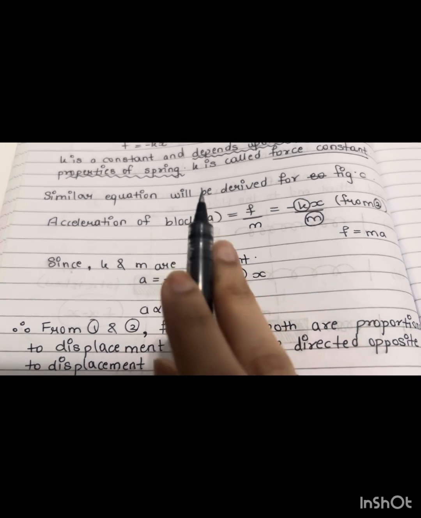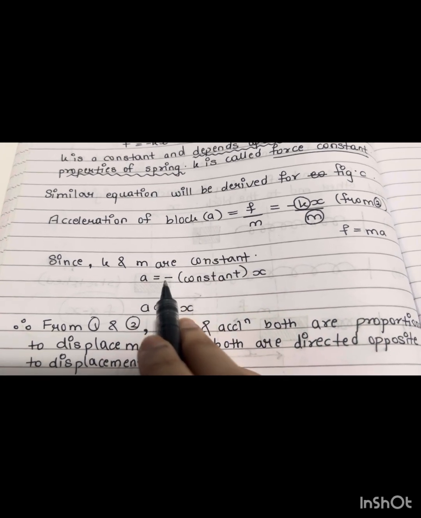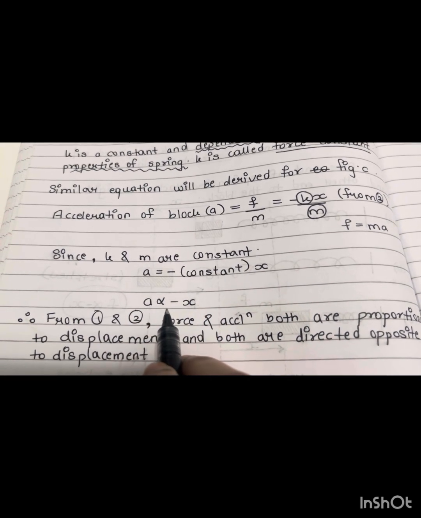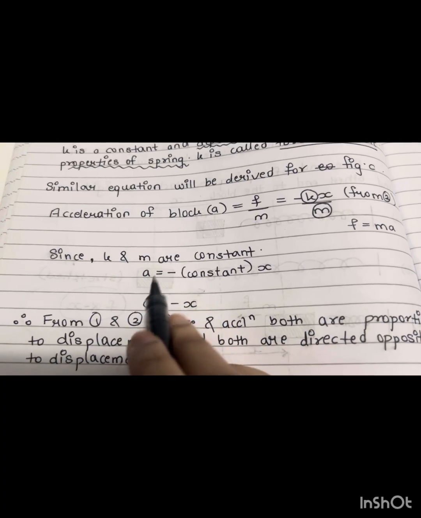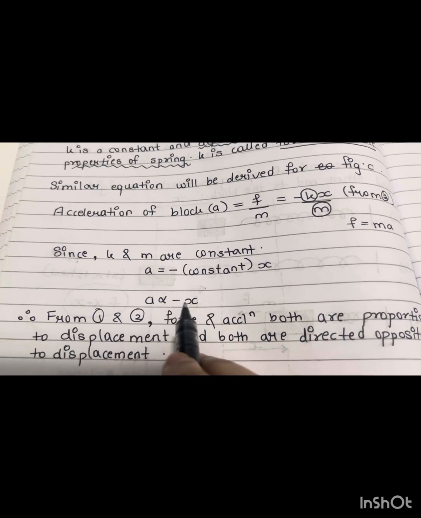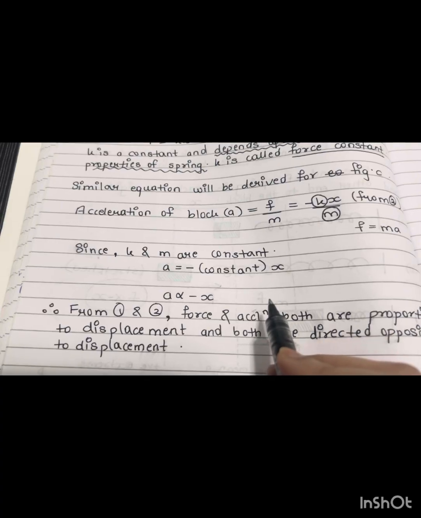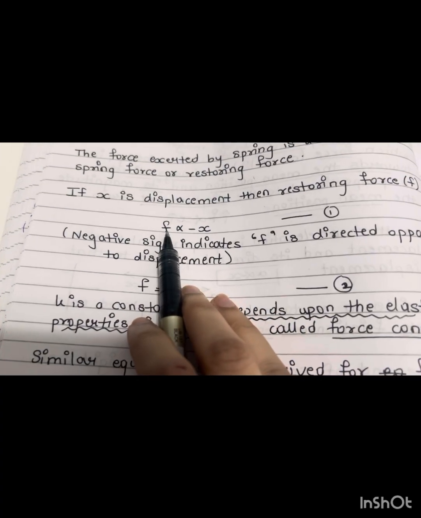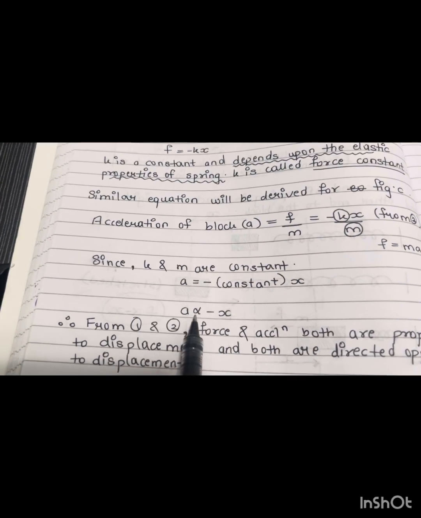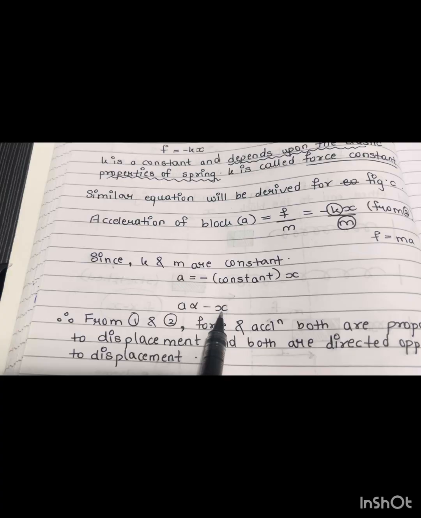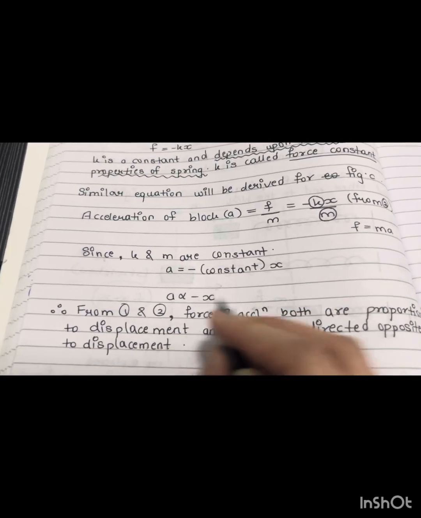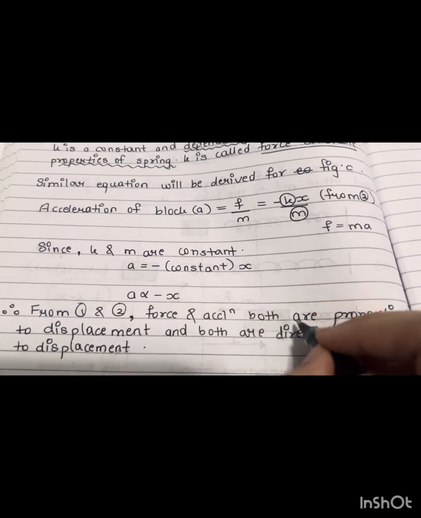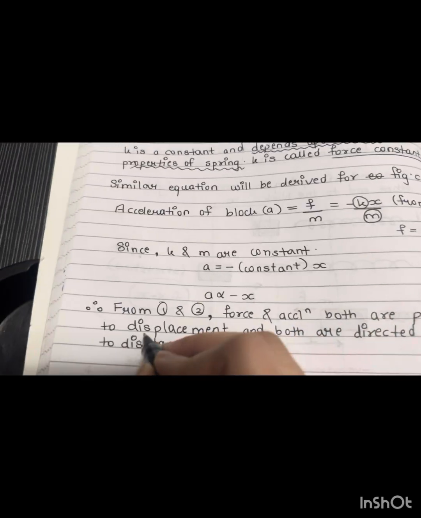What if I remove this constant? Then the equal to sign will convert into proportionality sign. बराबर? Constant निकाल दिया, equal to की sign की जगह आ गया proportionality sign और minus x as it is जो था वो लिख दिया. Now if you look at equation 1 and equation 2, equation 1 is force is directly proportional to displacement. Acceleration is directly proportional to displacement. See, from equation 1 and 2 we came to know that force and acceleration both are directly proportional to